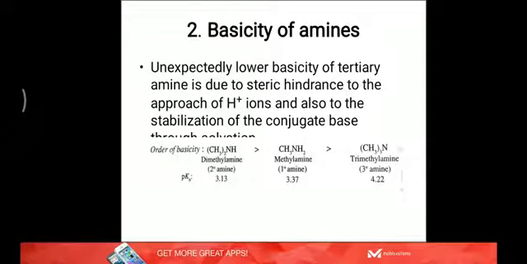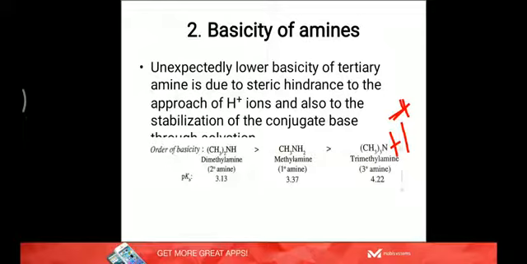Another reason is, see, when a base accepts H plus, it becomes what is called a conjugate acid. So this (CH3)3N, when it accepts H plus, will become (CH3)3NH plus, which is a conjugate acid. Now there is no more lone pair, it is used for bonding with H plus. Now this conjugate acid will undergo solvation in the solvent, but this solvation is also sterically hindered. Approach of solvent molecules also becomes difficult,